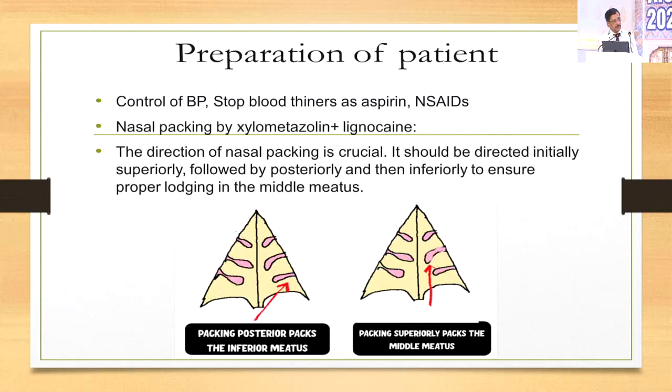A good nasal packing will also prevent bleeding by pressure, and will help you identify that you have cut the nasal mucosa. The trick is to put the nasal pack first superiorly and then posteriorly. If you put it inferiorly, it will go into the inferior meatus and come out through the nasopharynx. So do it superiorly and then put